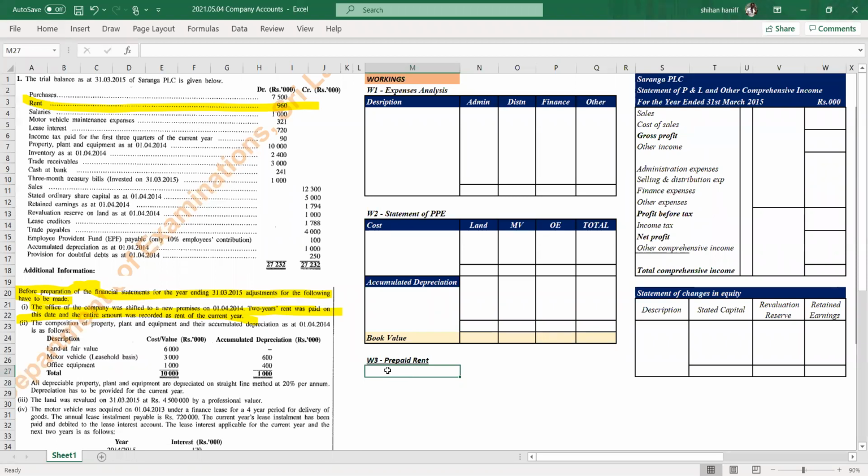Now we have paid 2 years rent on 1st of April 2014. So if you draw the timeline,